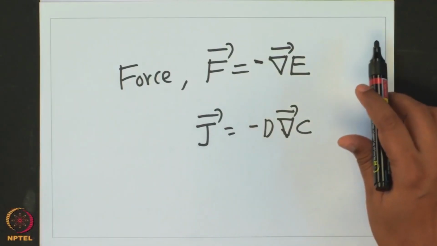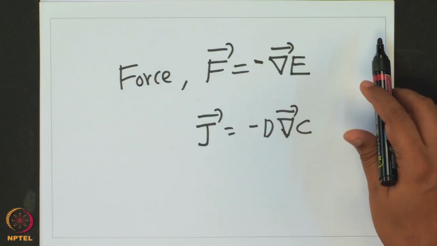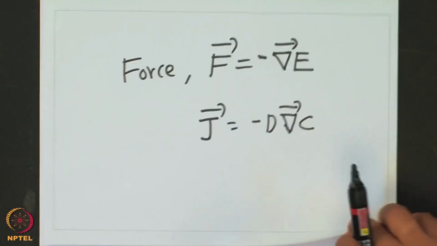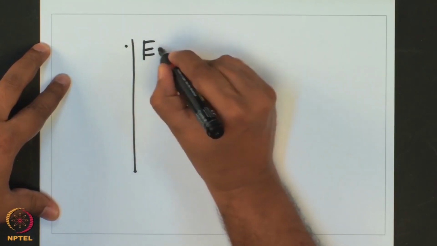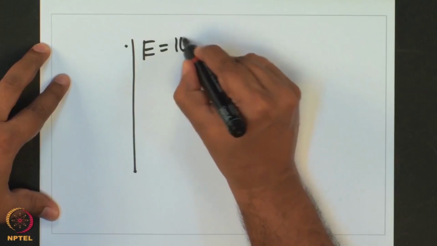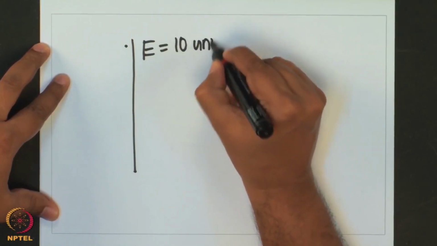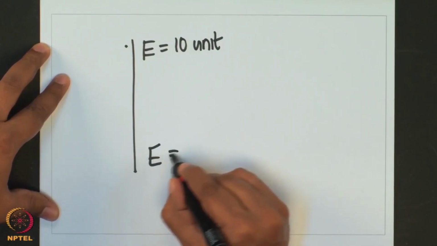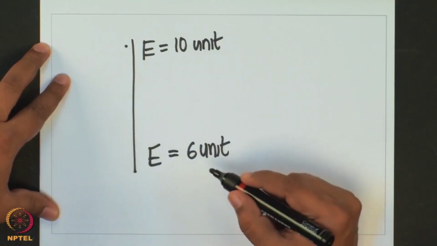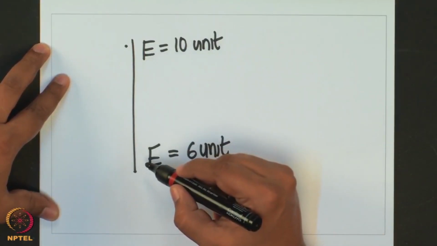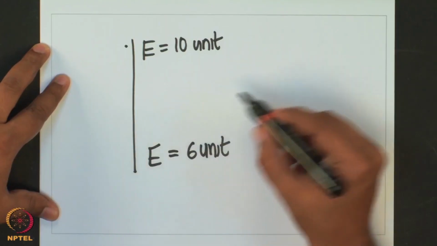So let us think of gravitational energy, which is easy for us to understand. If you think of any energy, let us say energy is high here. So let us say E is equal to, at this location, 10 units, whatever be the unit of energy. Here the energy is 6 units. So the energy decreases as we go from here to here, and the force will be,